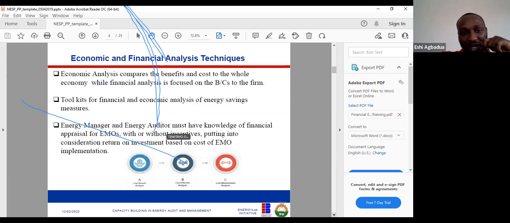So basically, economic analysis helps us to compare the benefits. So most of the time, economic analysis is more like the impact on an economy. So for example, governments, you know, kind of subsidies by,